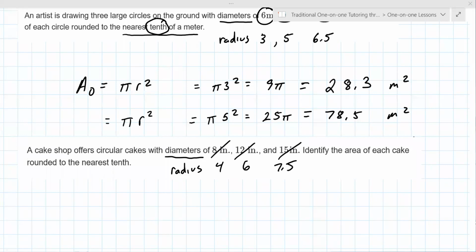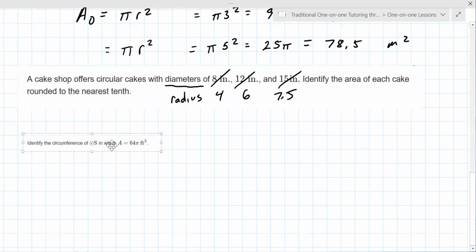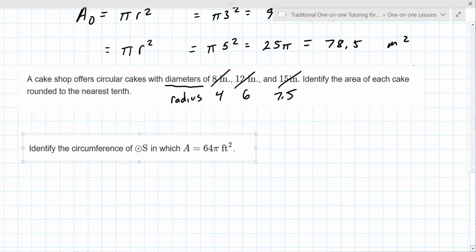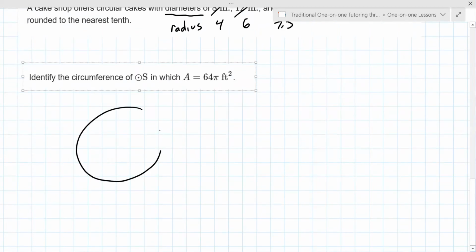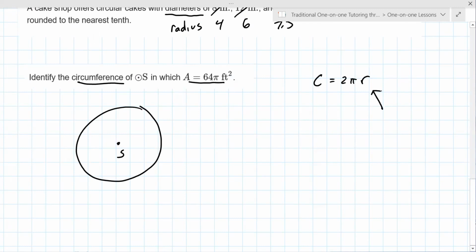Okay, we're going to move on to the next style of question. This one is a pretty good question. There's a lot going on here. It says identify the circumference of circle S, with this area. The formula for circumference is 2 pi r. So notice you need the radius. You're given the area. What's the formula for area? Pi r squared. So they're telling you the area is 64 pi equals pi r squared. So notice if you divide by pi,